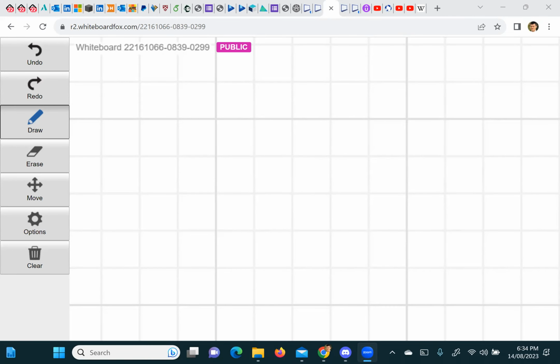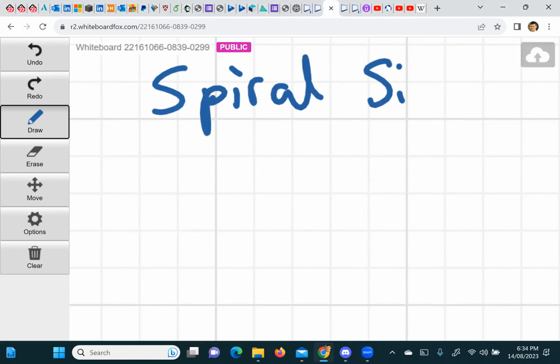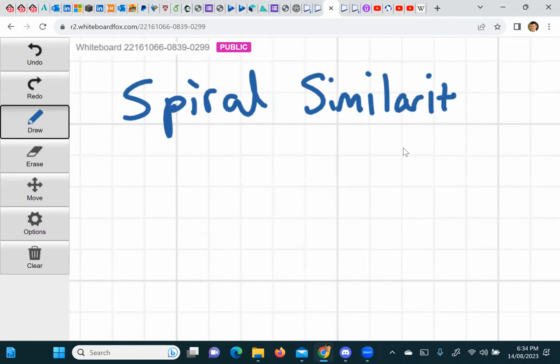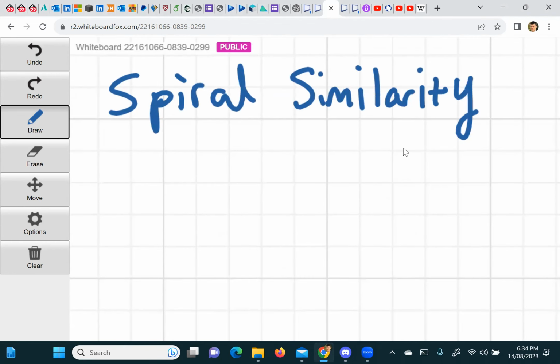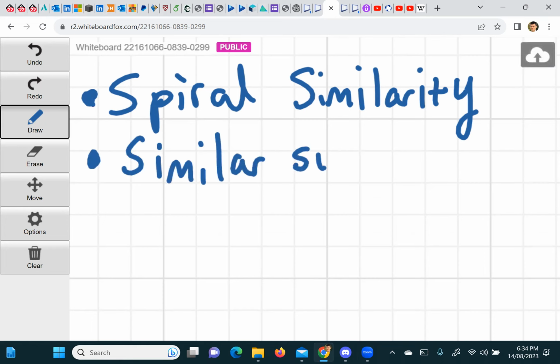Alright, so I'm gonna try to make this easy for you by doing the work for you, which in the short term can be good, in the long term it's probably not good. Okay, so the things we're talking about here, spiral similarity, similar switch, okay,